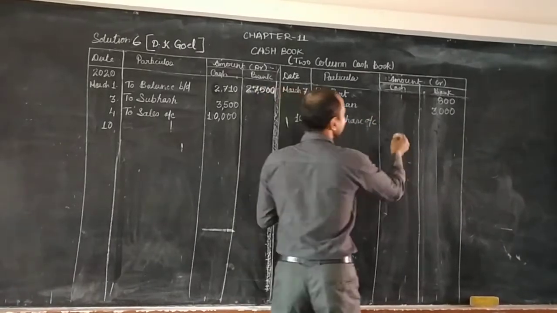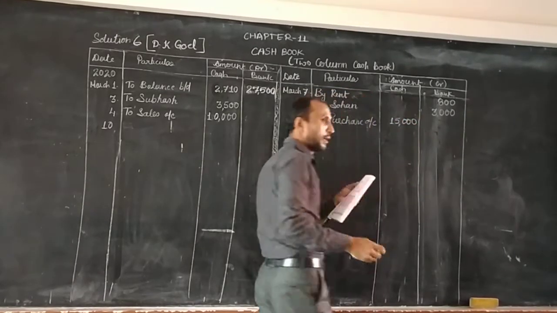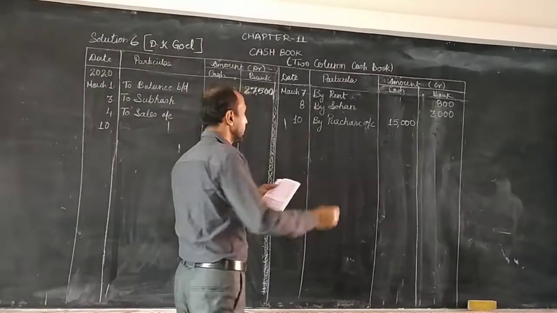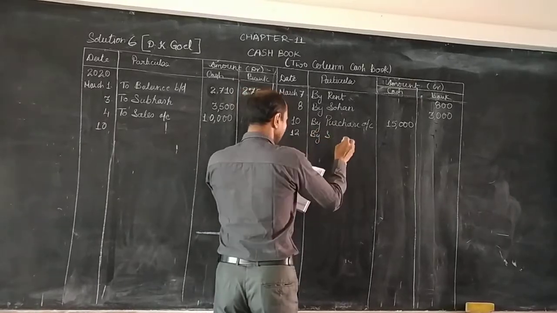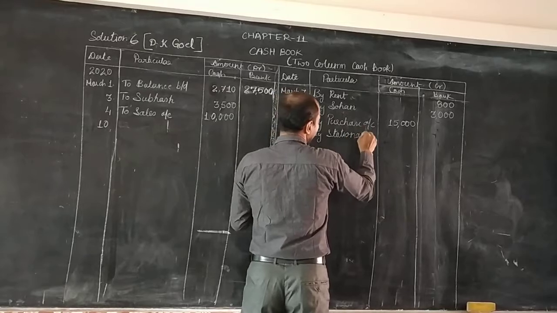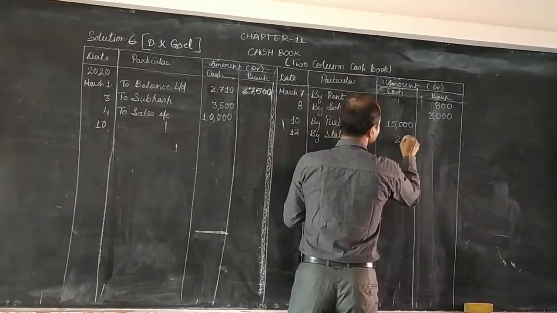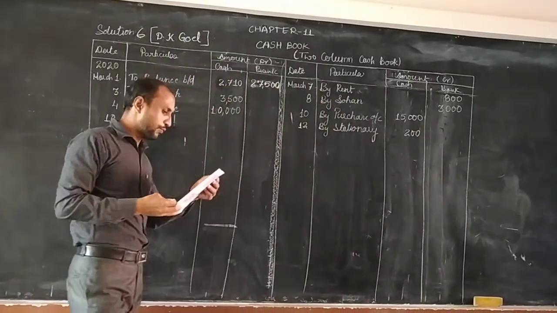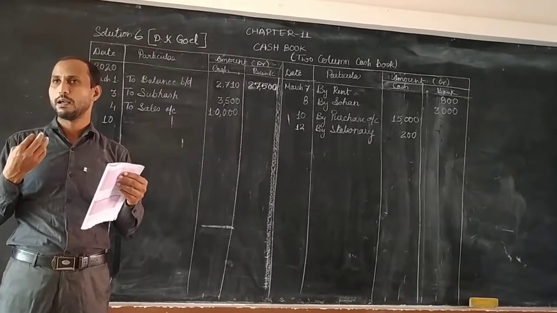कितना परचेज? कैश में से 15,000 दिया आपको, राइट हियर 15,000। देखो 15,000 का नगद माल खरीद लिया, we are purchasing the goods for cash। Paid cash for stationery, date number 12, so here buy stationery, S-T-A-T-I-O-N-E-R-Y stationery, how much it is? 200। कैश बुक, ध्यान रखो, drawn from bank for office use।